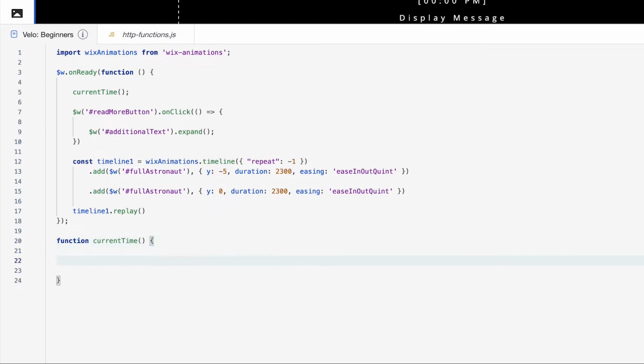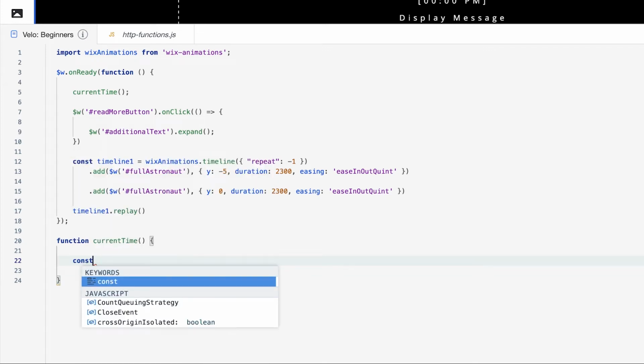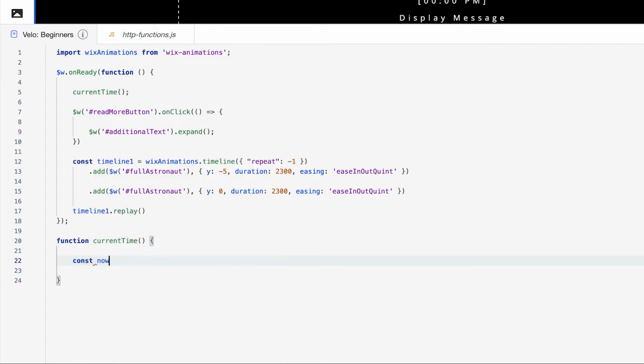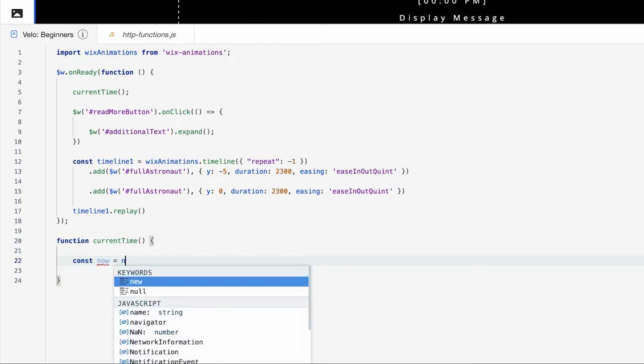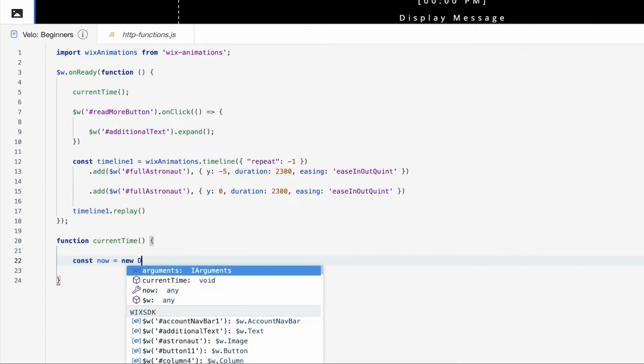So let's start to create a constant variable for the current time, since we know it's never going to change, because our current time is set in stone dynamically based on whenever the user visits our page. So let's create a variable here. We go with const, and we'll call that now, and we'll set now equal to new Date.